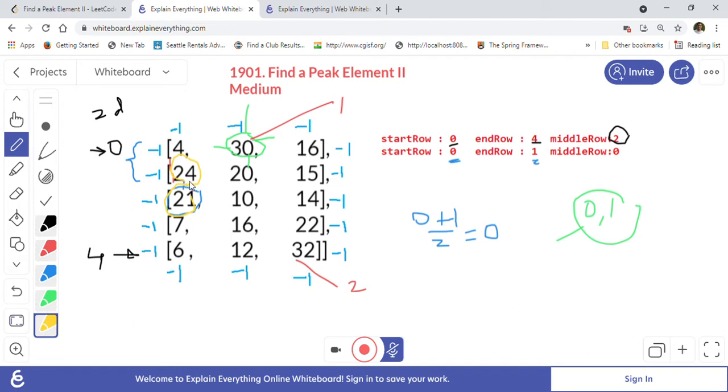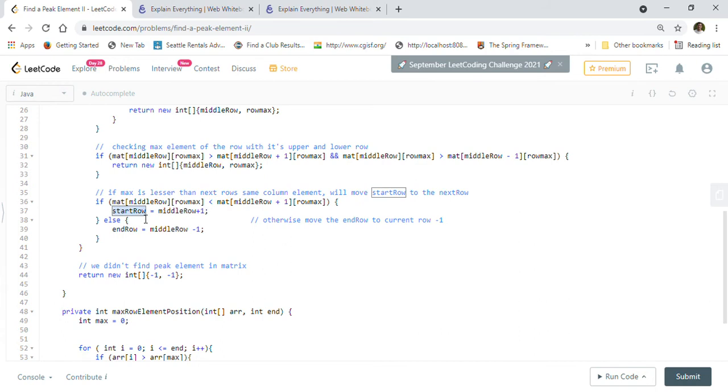This one is more, so in this case, if the middle row element is less than that element, start row will be middle row plus 1, and otherwise end row will be middle row minus 1. So that's what we do, max is lesser than the next rows.